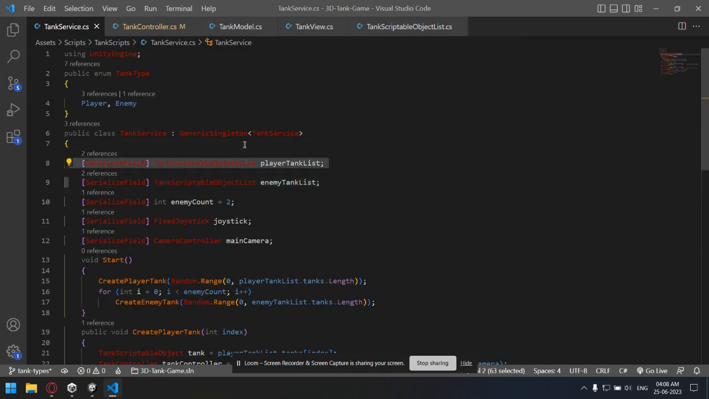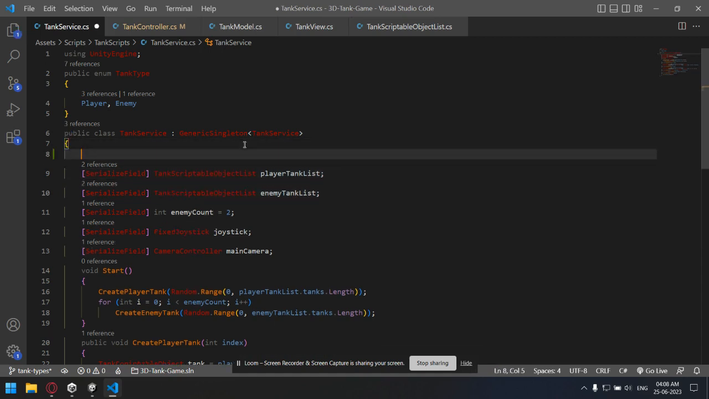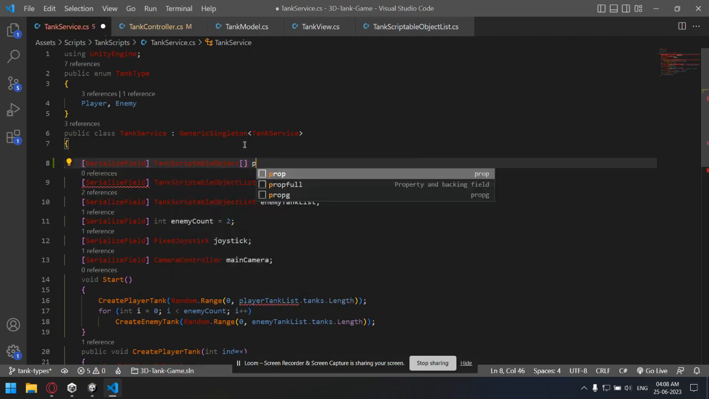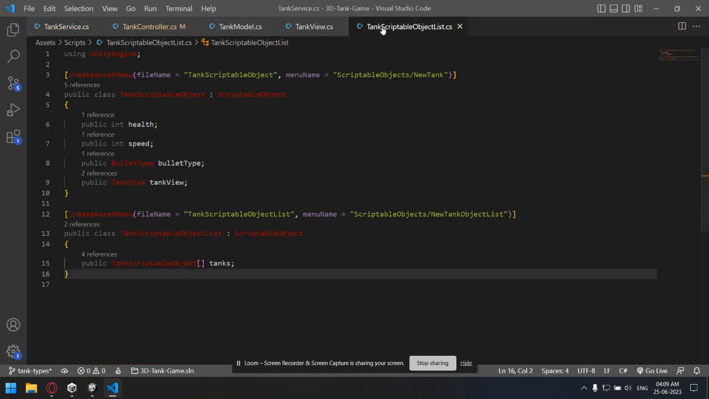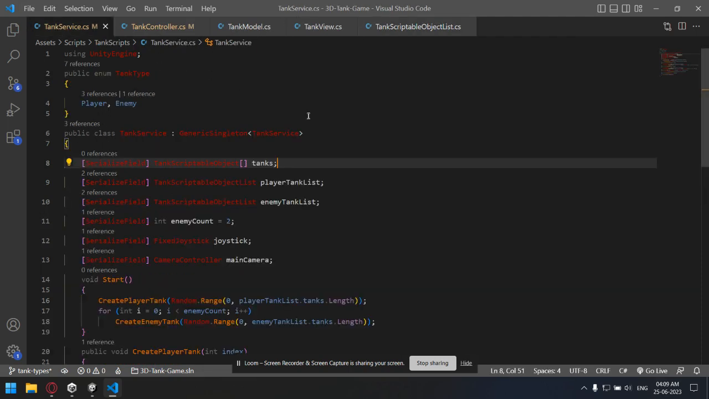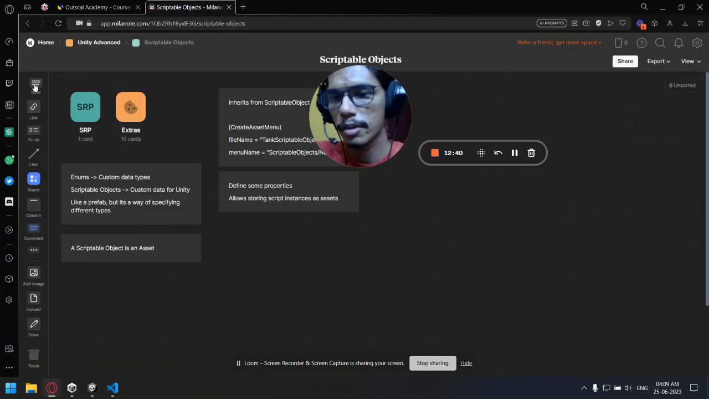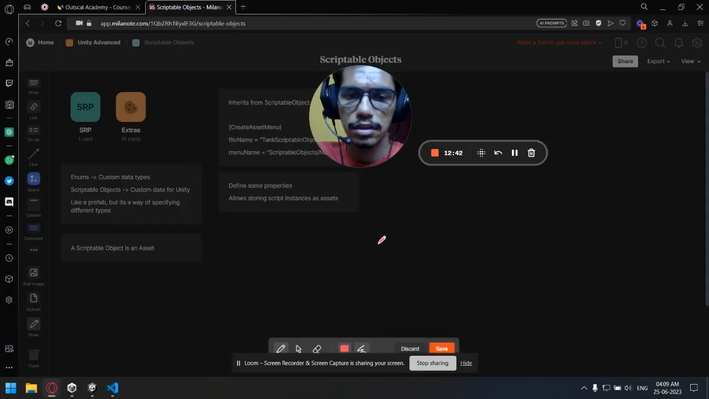I don't think it would compile, but we'd have a field tank scriptable object, and we will pass the tanks here. So this is how we would do it. Say we are setting up the players, right? So we are talking about player tanks, and we now have three player tanks, right? So for three player tanks, you need three